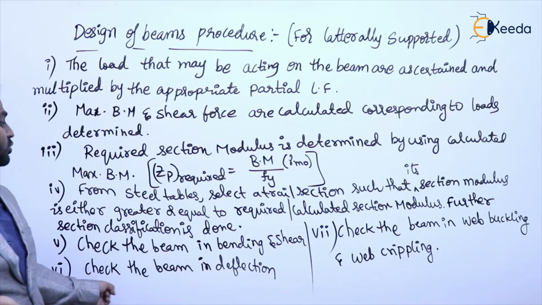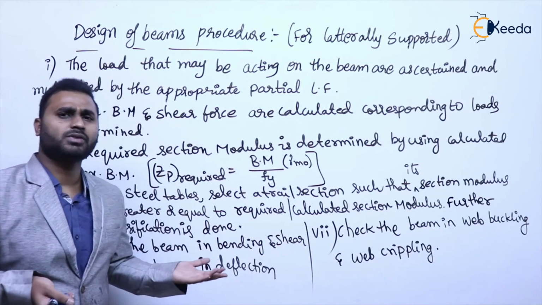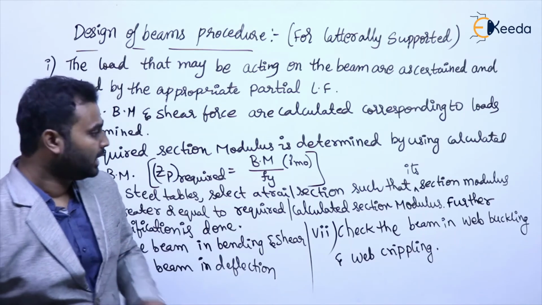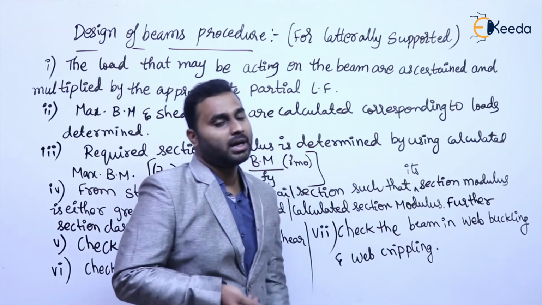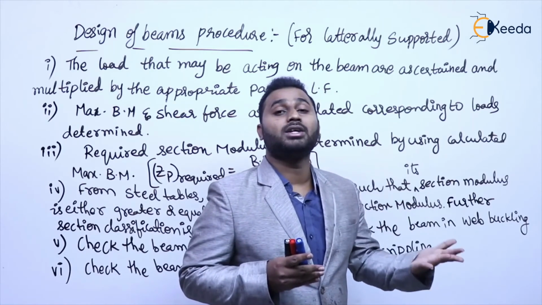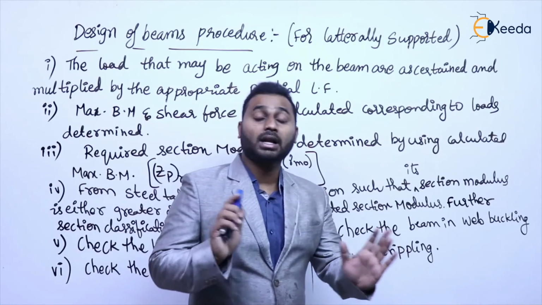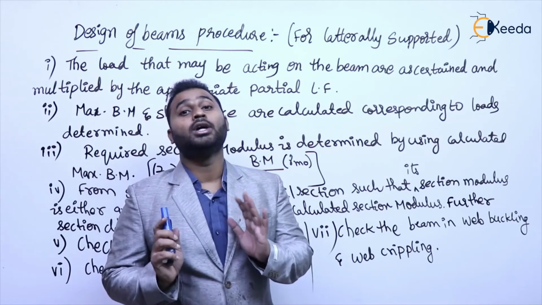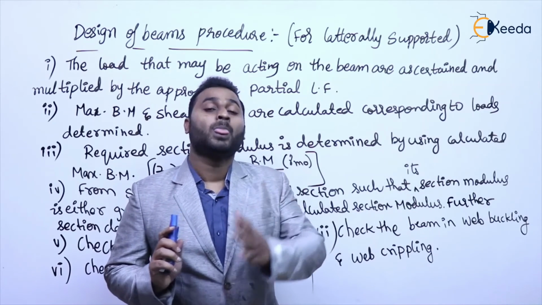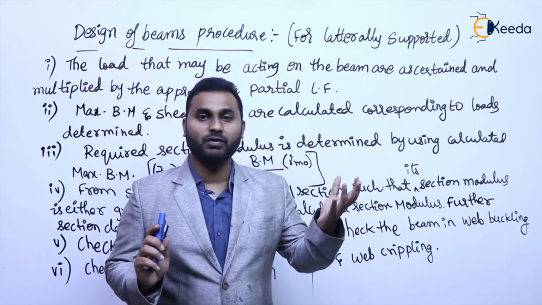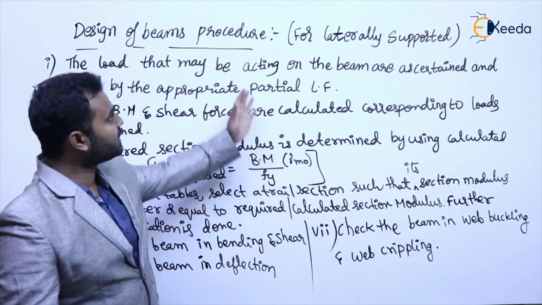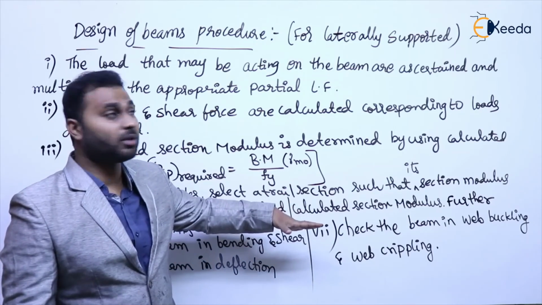Next, the beam should be checked in deflection. For this deflection also, we have discussed the permissible deflections corresponding to elastic cladding and brittle cladding. Clear? And coming to the web buckling and web crippling, this also already we have discussed. So we know how to calculate the design web buckling strength and web bearing strength. And that calculated web buckling and web bearing strength should be greater than or equal to heavy concentrated load or reaction. It depends upon the location where we are calculating that web crippling and web buckling. Is that okay?